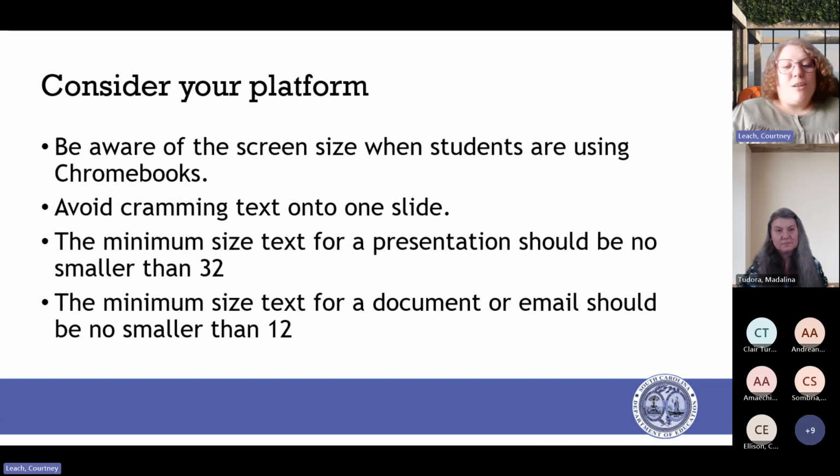But especially with a document or something that's going to be printed, you don't want it smaller than 12, because then it's less likely that the wide audience that you want to reach will be able to read that information.